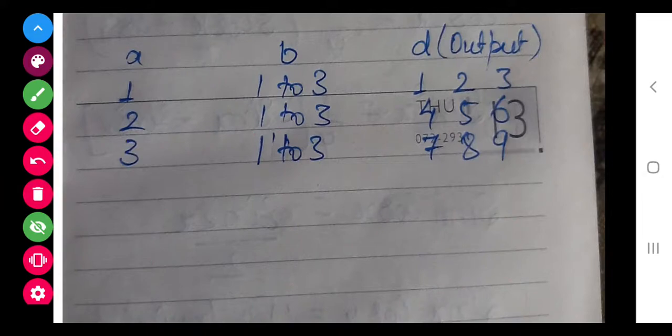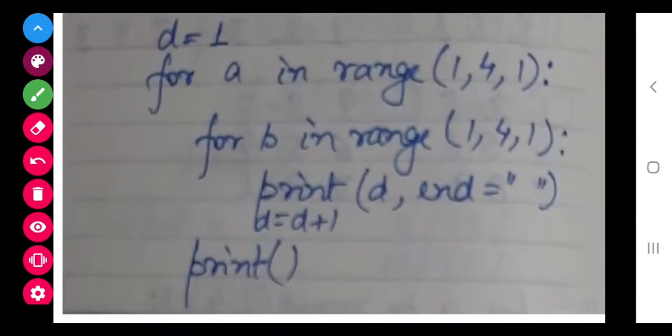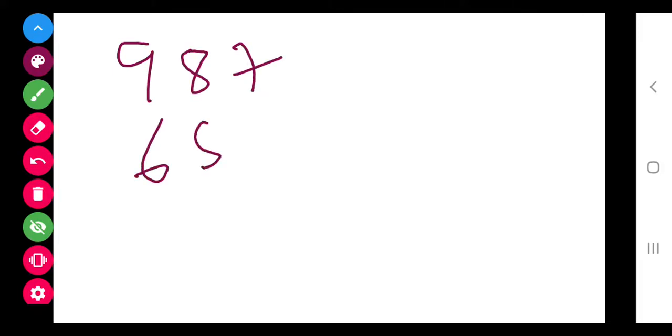Now there was a question in which we have to display 9, 8, 7, then 6, 5, 4, then 3, 2 and 1.